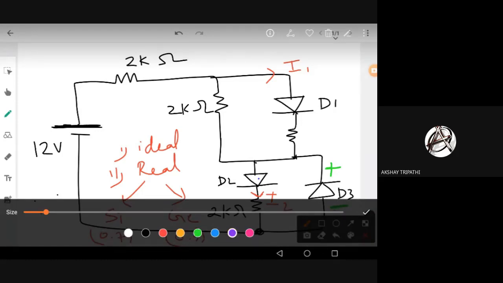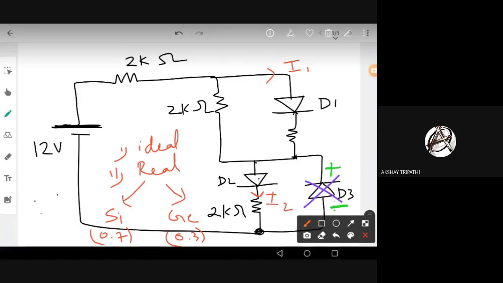So I can neglect this, right? So our circuit is reduced. If I neglect it, my circuit can be much simplified. Now another point is you have to find the current across D1 and D2. You can see the current I1 after passing through D1, there is always a current across the resistance also, right? Let this be I3. So the current I is coming from the 12 volt source. It is divided into I1 and I3.